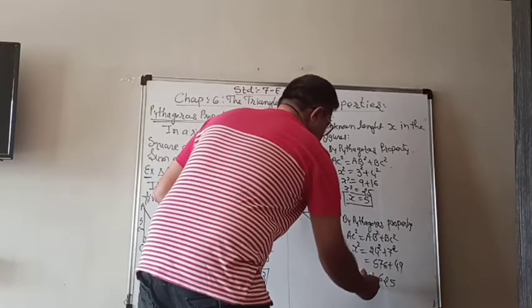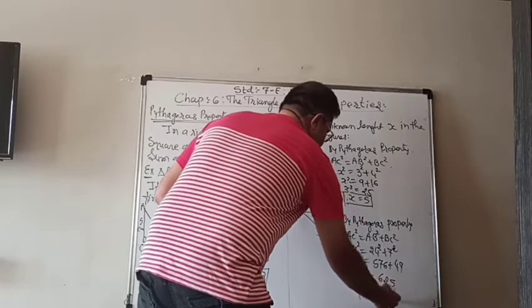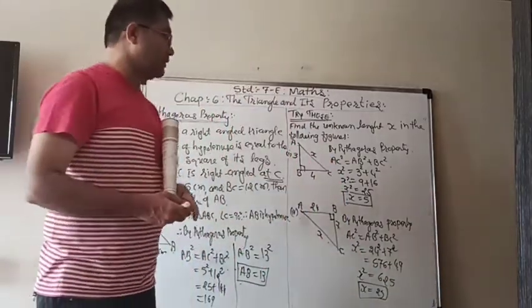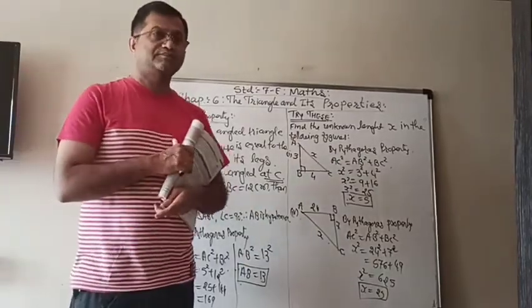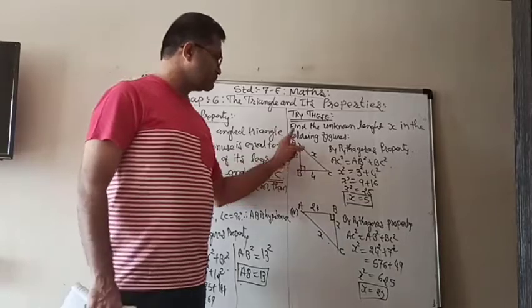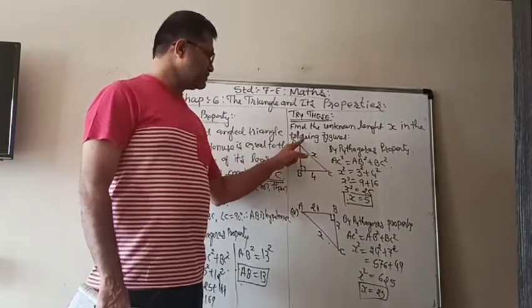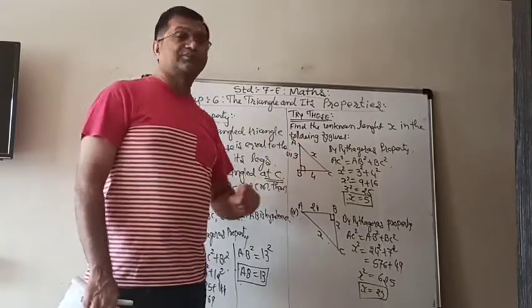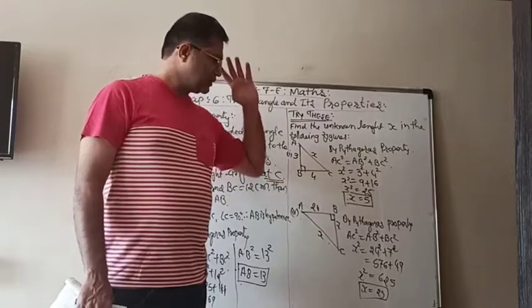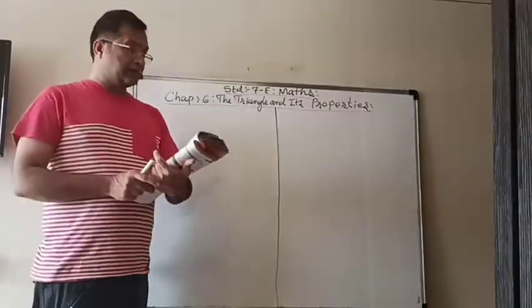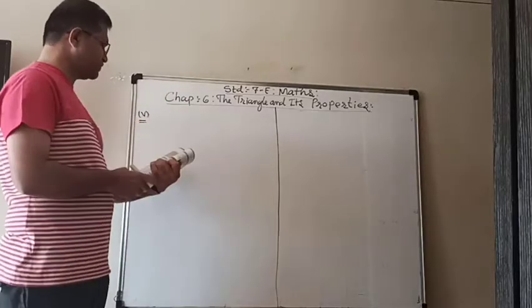So x square is equal to 625. 625 is the square of 25. So thus we get the value of x. So if you know the Pythagoras property, then first watch the figure to see which is the hypotenuse, and then hypotenuse square is equal to the sum of the squares of the other two sides. Put the values and simplify, then you will get the answer.